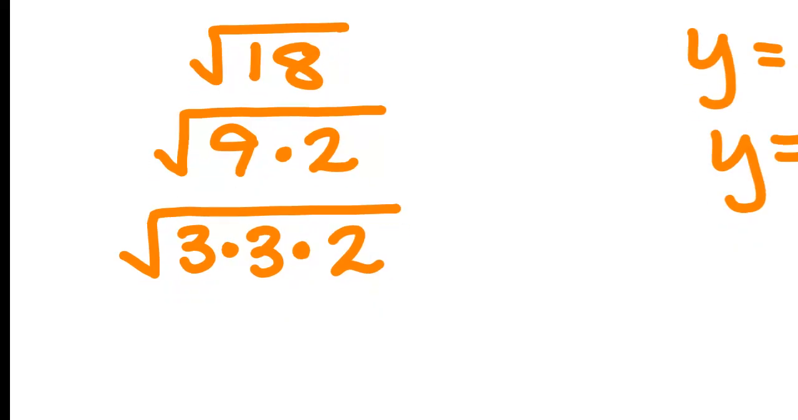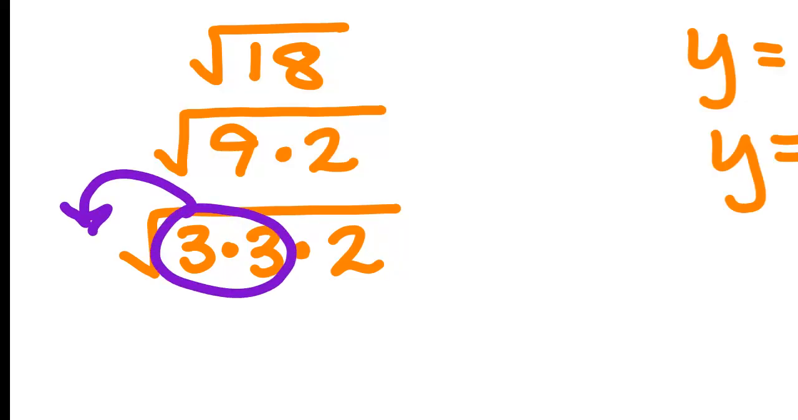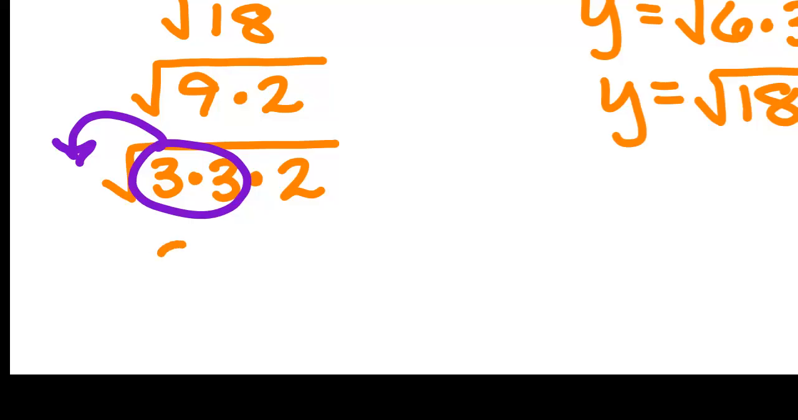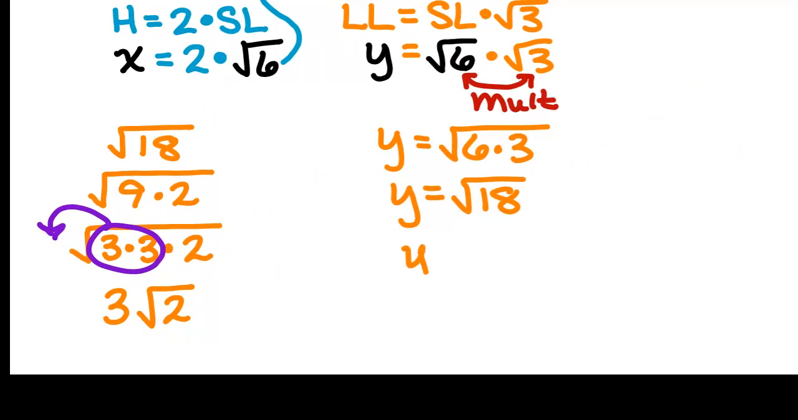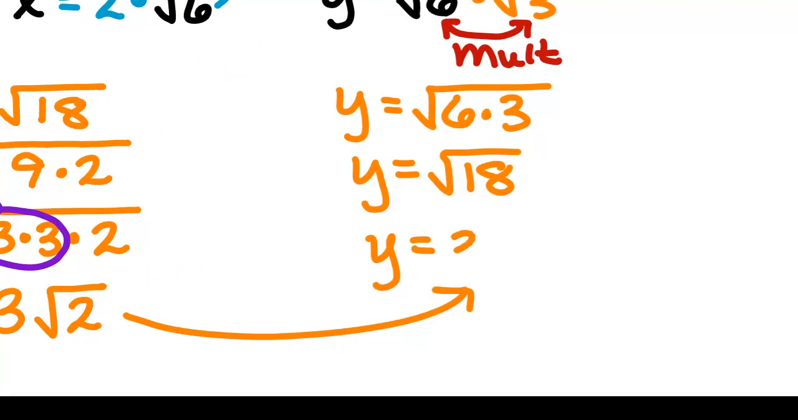I have a pair of 3s right here, so that brings it out to the front. The 3 is going to be on the outside. The 2 doesn't have a partner, so it has to stay underneath the radical. So in situations like that,